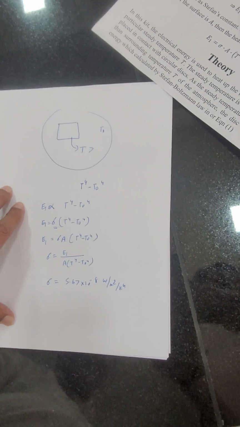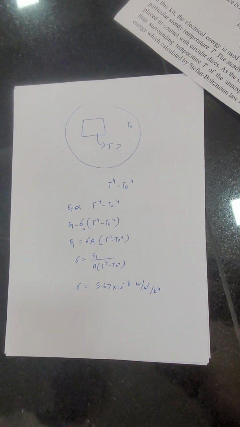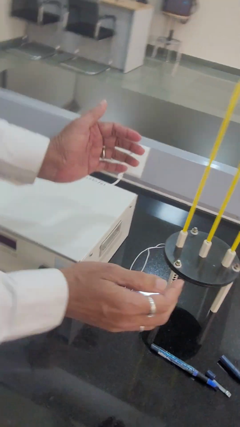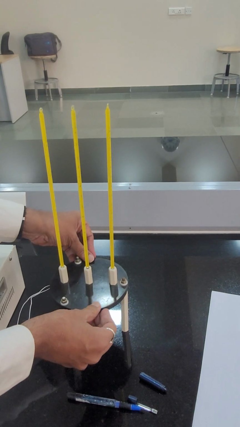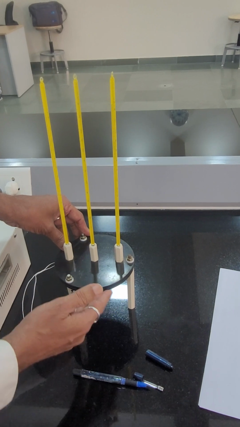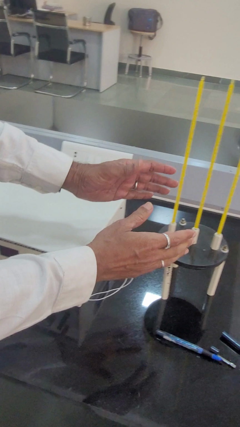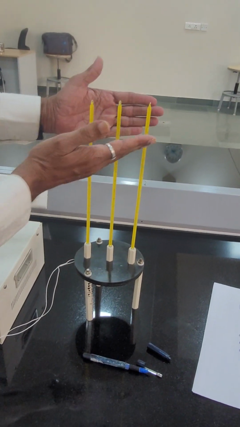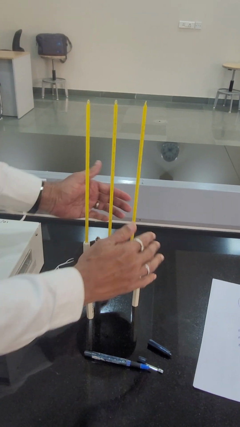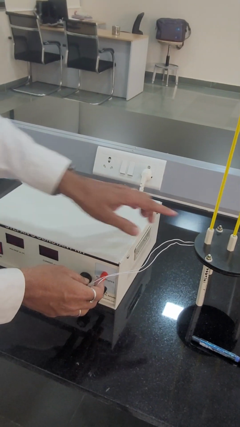The aim of this experiment is to find out Stefan's constant by using the apparatus given here. So now let me introduce the apparatus. This is a hot body. These are nothing but copper plates. They are coated with black color, so it becomes a black body. Then we are going to heat it with the help of a power supply. The temperature of the hot body can be recorded using thermometers. We are using 3 thermometers because we want to calculate the average temperature of the body. These are the electrical connections of the power supply to the body.